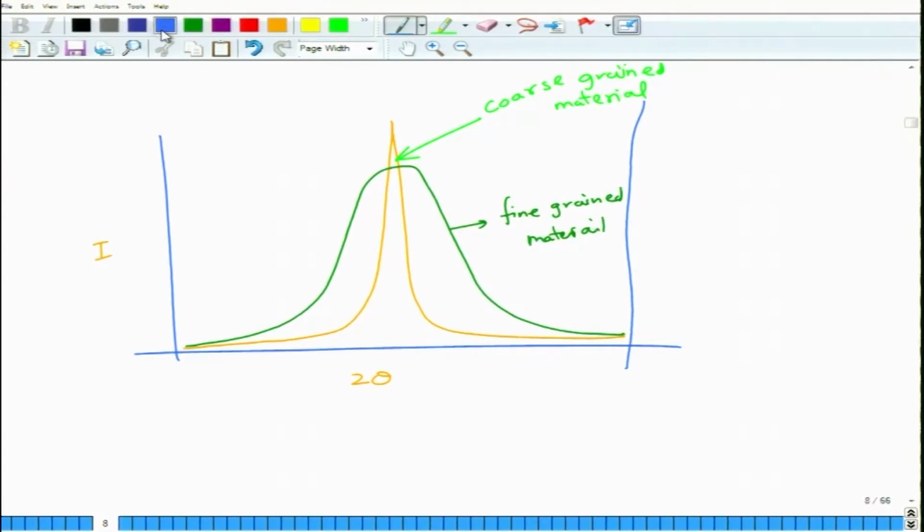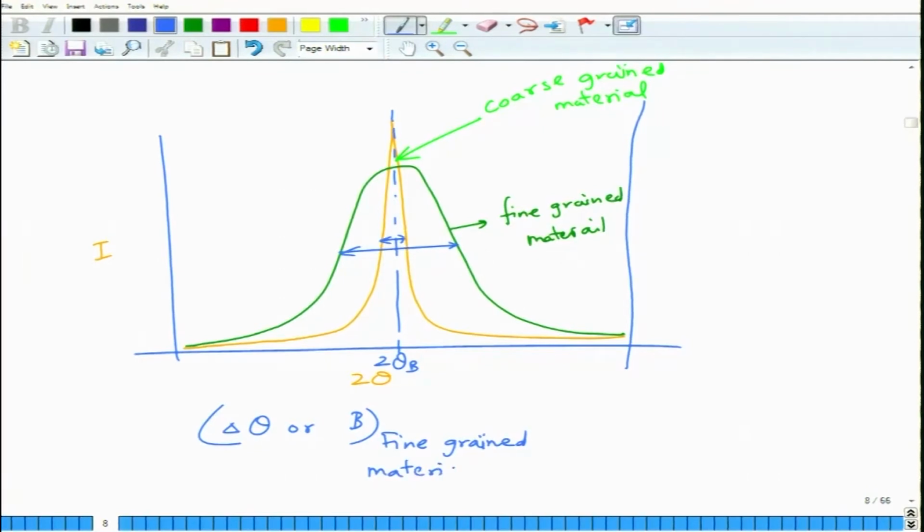The peak will be centered at around theta B. So, this will be centered at theta B. However, the degree of broadening, so you can say this broadening and this broadening, in this case they are different. So, delta theta B for a fine grained material is larger than delta theta B for a coarse grained material,